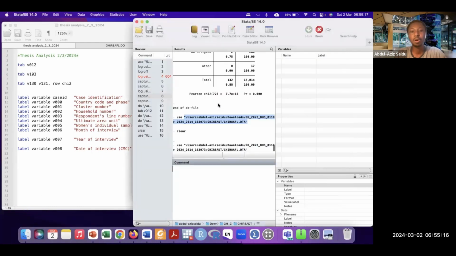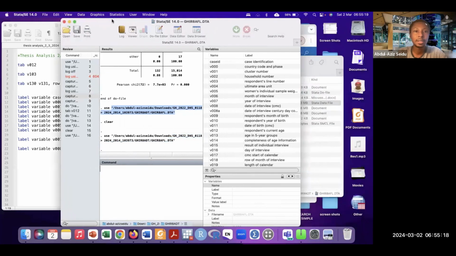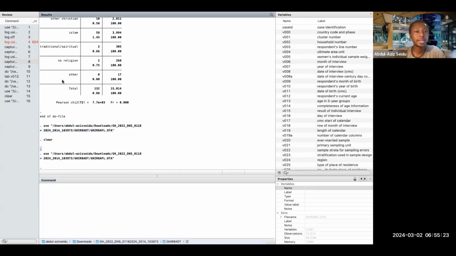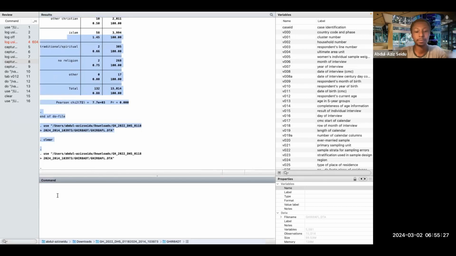So assuming I want to call in my DHS data set, if I want to view it, I can click on browse or I can type browse in the command window